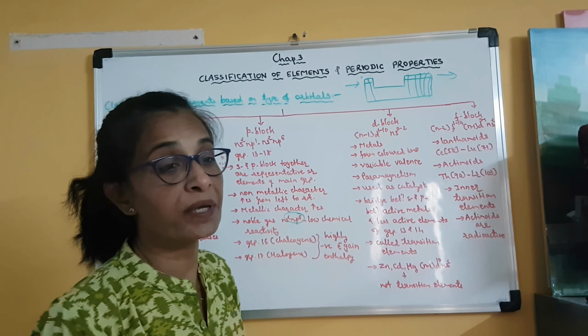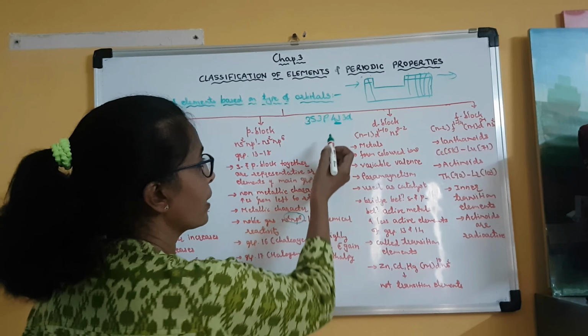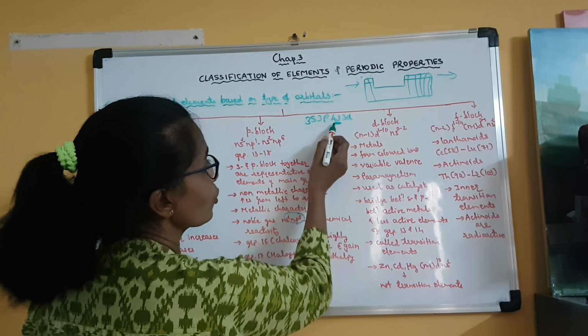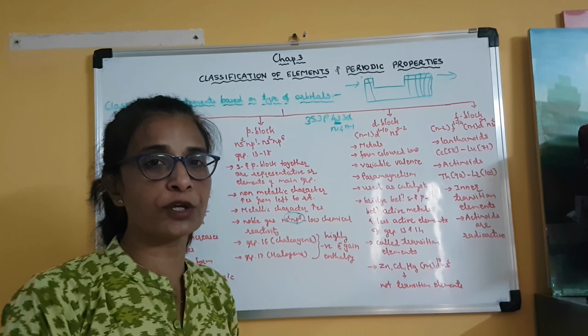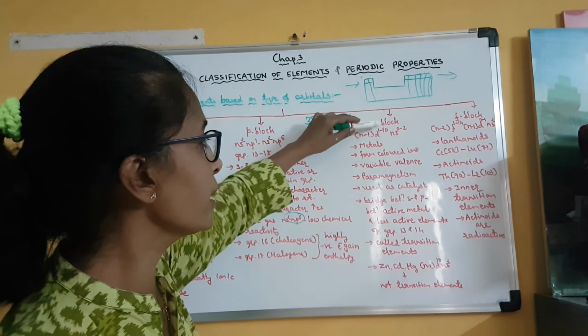Clear? This we have studied in Aufbau's principle, that after 3s and 3p the electron goes to 4s and then to 3d. As the electron first goes to the 4s orbital according to the n plus l rule and Aufbau's principle, here I write 4s, meaning n is equal to 4. Clear? And for the d orbital it is n minus 1. Got it? So d block elements have the general outermost configuration (n-1)d1 to 10 ns0 to 2.